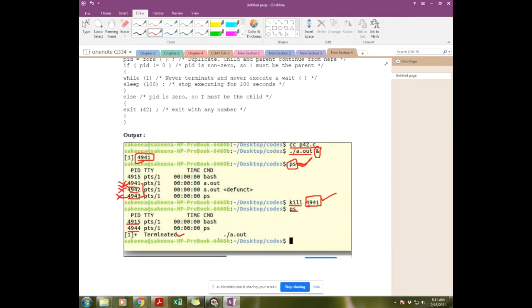Understand or no? Let's say you write any program. When you write the program, you write dot slash a dot out, and let's say you write 4615.